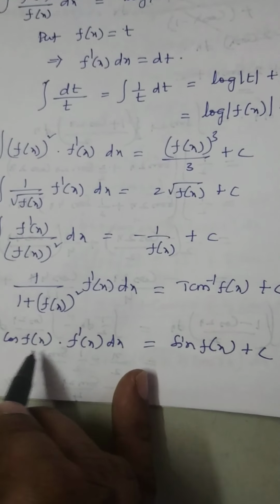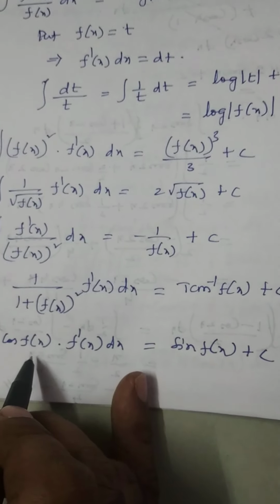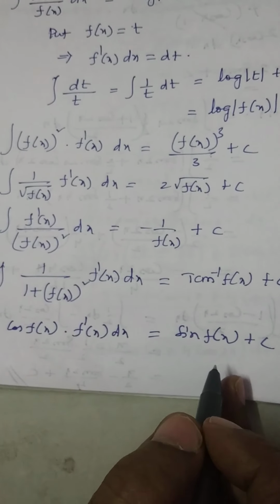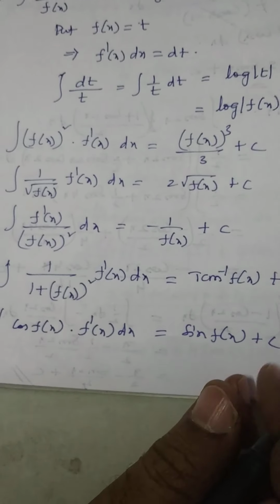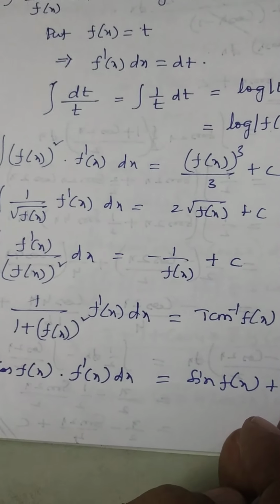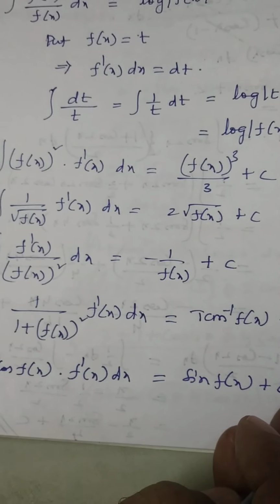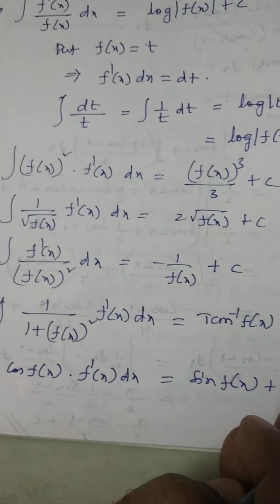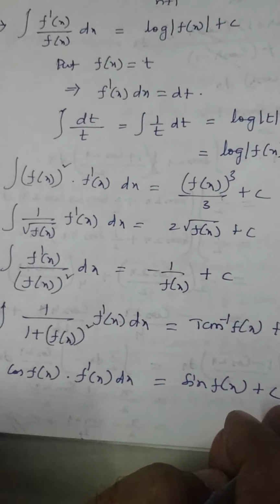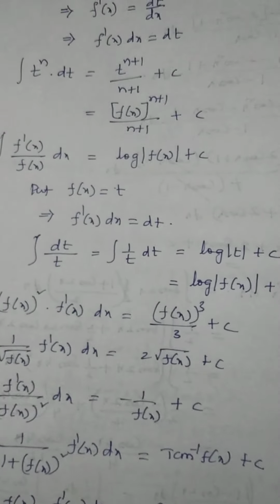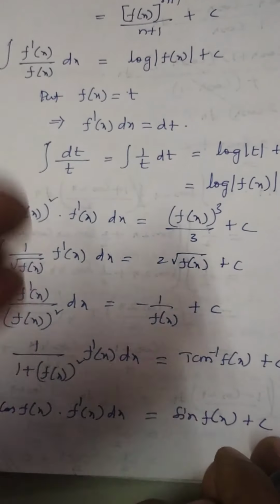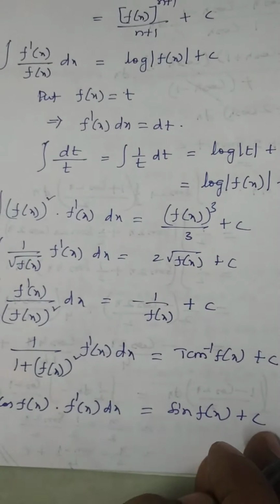So like that, the integration of cos t is, we know, equal to sin t, where t is f of x. So like that we can get all the formulas here. Now here we'll see some standard trigonometric results also in this substitution method, which are very important. These formulas are very easy; we can remember them by substituting f of x as t. Every time you will get all these formulas, it's not a problem.